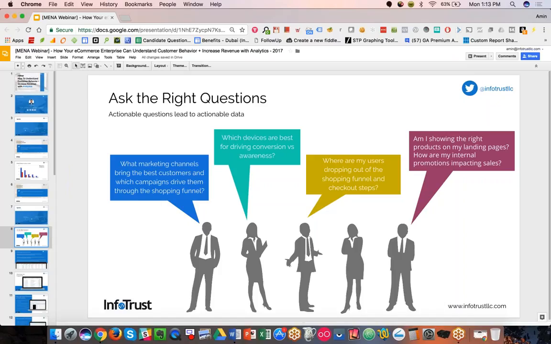Also, if you are an e-commerce business selling online, how to really improve the shopping funnel and checkout steps. There's been a lot of research and a lot of experimentation that we've seen and that we've helped our clients perform to really optimize the key touch points and what is really critical to show or to have users go through as they drive through the purchase funnel. So it's important to understand where users are dropping off, where there's friction points, and also how to re-engage them. So for those that do drop off, why and how can we re-engage them?